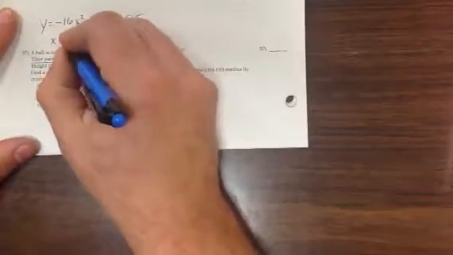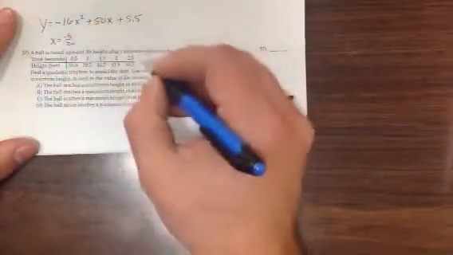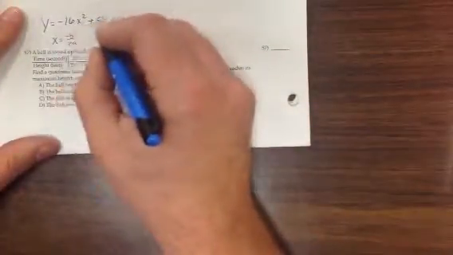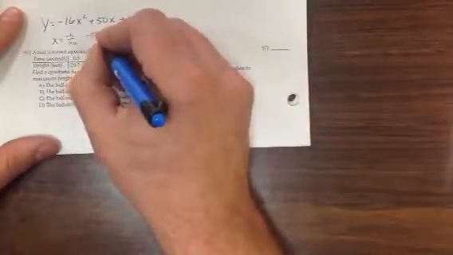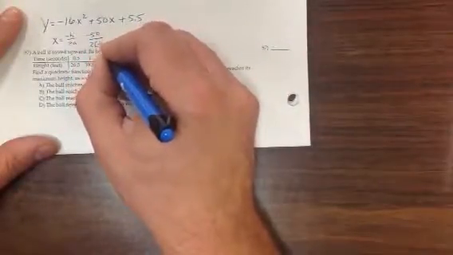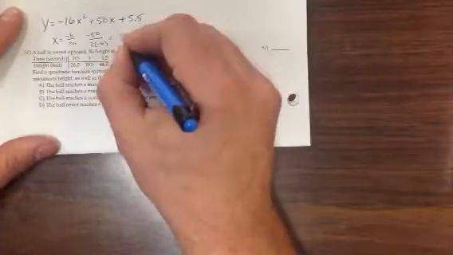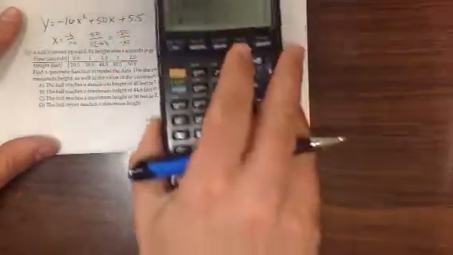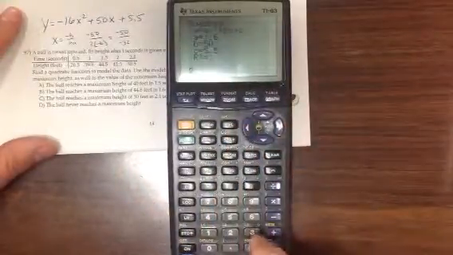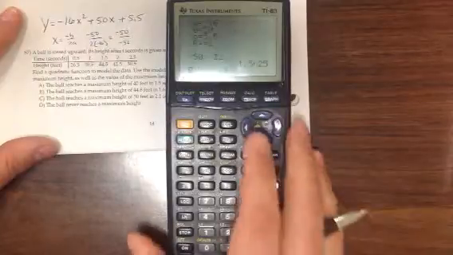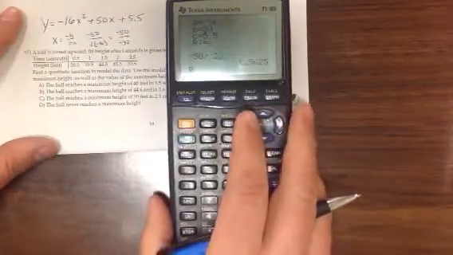Now I'm actually done with the calculator portion of this problem, because now we had a formula, x equals negative b divided by 2a, that we can use to find the maximum point. In this case b is 50, so the negative of 50 divided by 2 times negative 16 means that negative 50 is divided by negative 32. I will bring the calculator back in here to figure that out. Negative 50 divided by negative 32 is 1.5625,